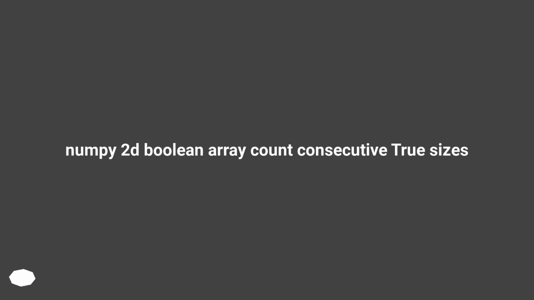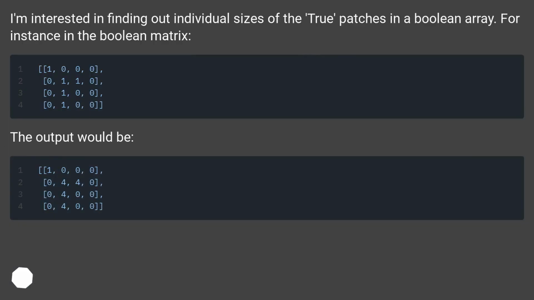numpy 2D boolean array count consecutive true sizes. I'm interested in finding out individual sizes of the true patches in a boolean array. For instance, in the boolean matrix, the output would be